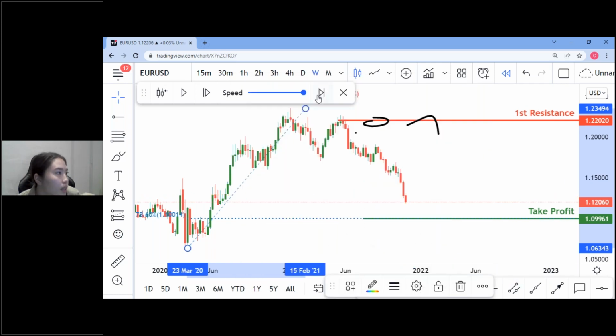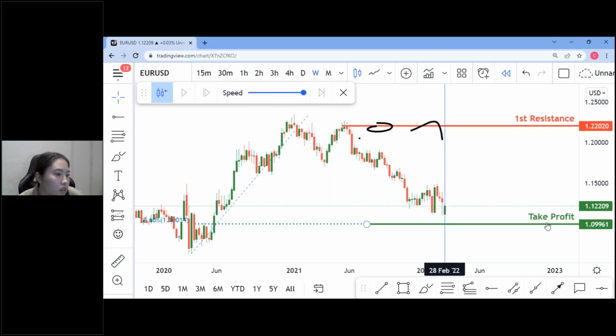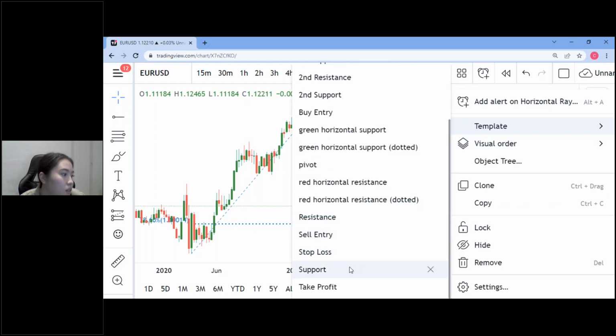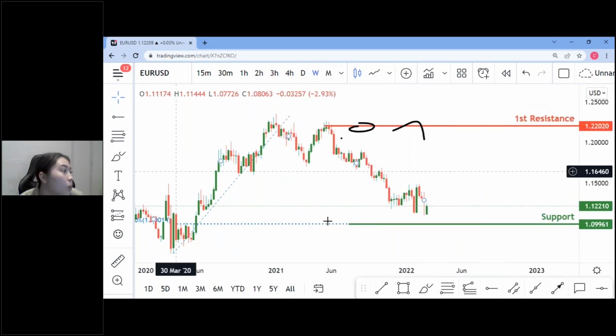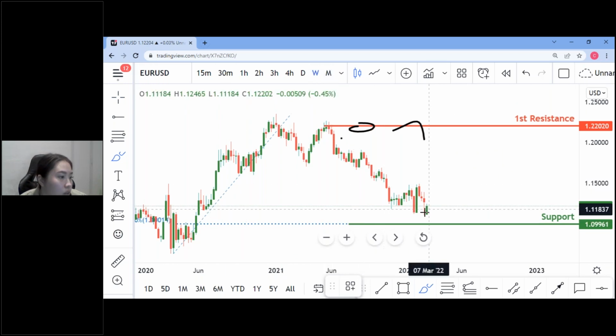Okay, so right now, let's just fast forward to the future. Right now, this take profit is so confusing. Let's just get rid of that. Okay, right now, price is here. This is current time, okay? This is EURUSD on the weekly. This is current time. So price is approaching the